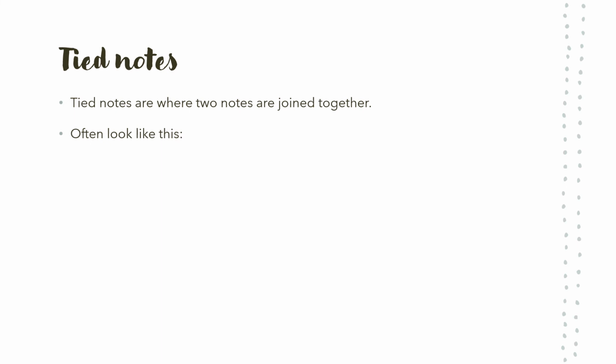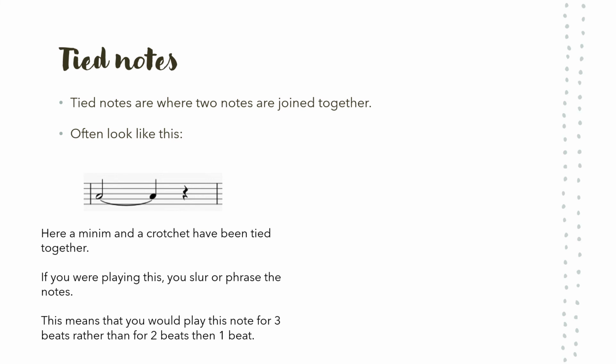Another complicated rhythm is tied notes. A tied note is where you have two notes joined together, often looking like this. Here's a minim and a crotchet that have been tied together, and if you were playing this, you would slur or phrase the notes. That means you don't make the differentiation between 2 beats and 1 beat. You just play it as if it's a 3-beat note. And that's similar to a dotted rhythm, but having tied notes can help create a swing, especially